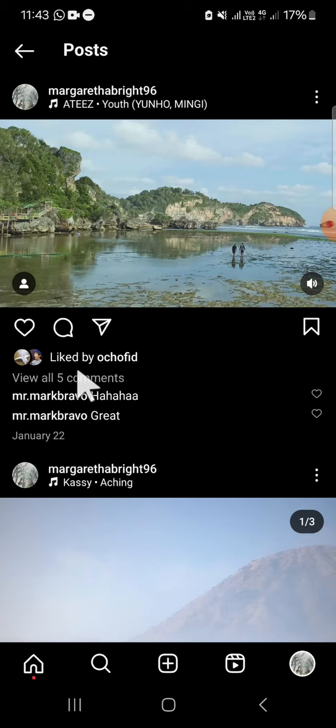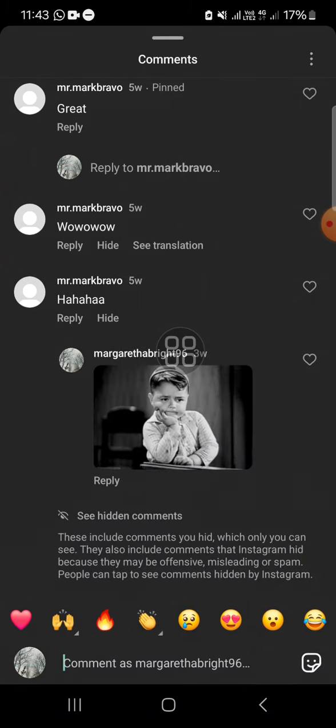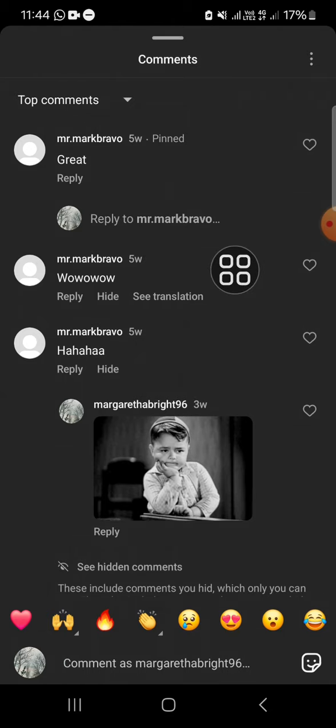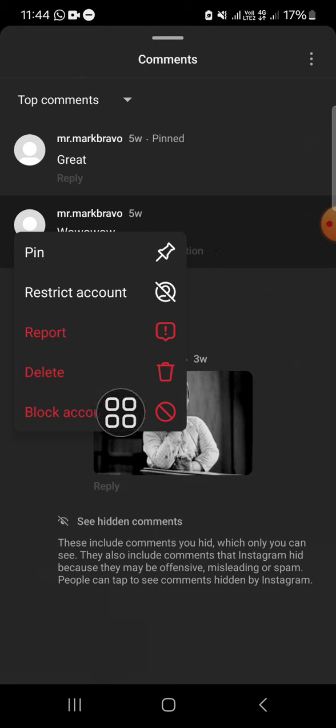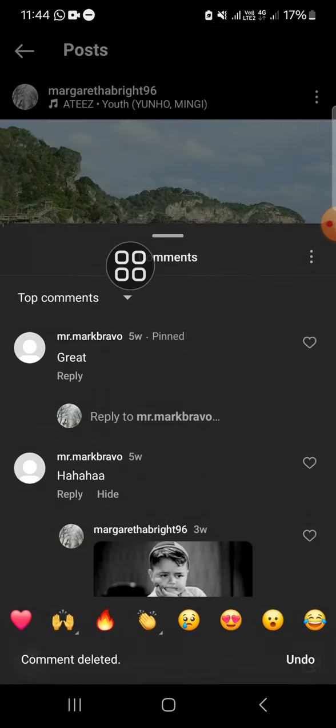We can go to the comment section. Okay, and I'm going to delete this comment. First of all, we can tap and hold on the comment from someone else that we want to delete. We can tap and hold like this until these options appear on our screen, and we can simply tap on delete. Okay, and now the comment has been deleted, and that's how we can delete someone else's comment on our